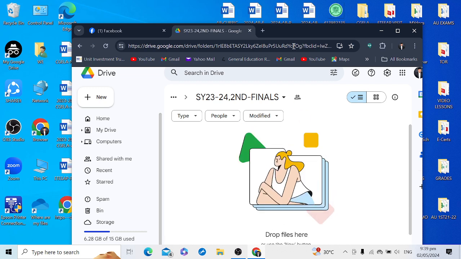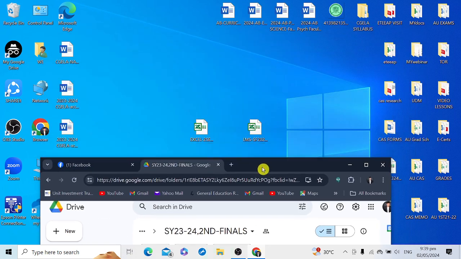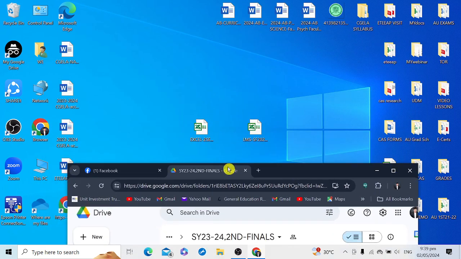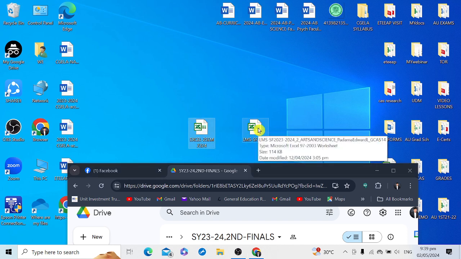Okay? So the files that we will be using are these two files. Based from your clearance form, you should submit the soft copy of the Excel file and your LMS file. What do these files look like?